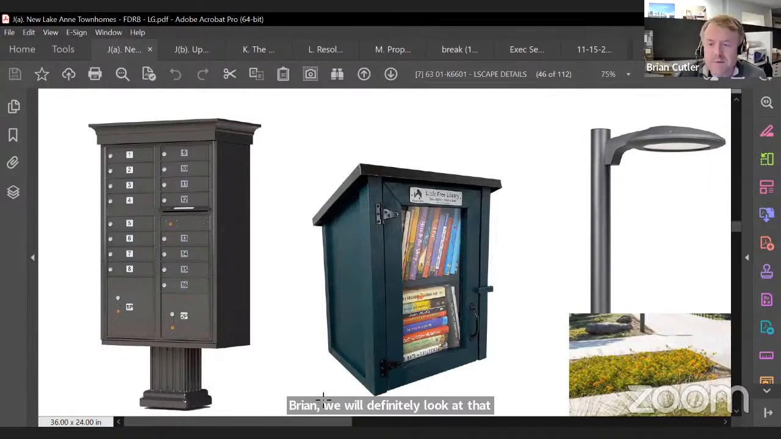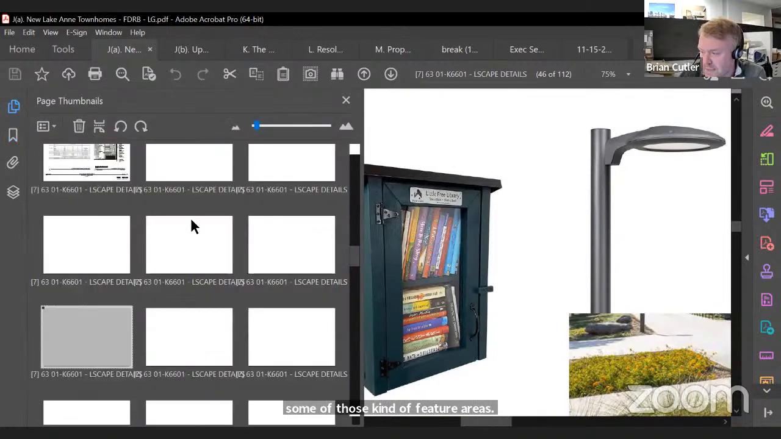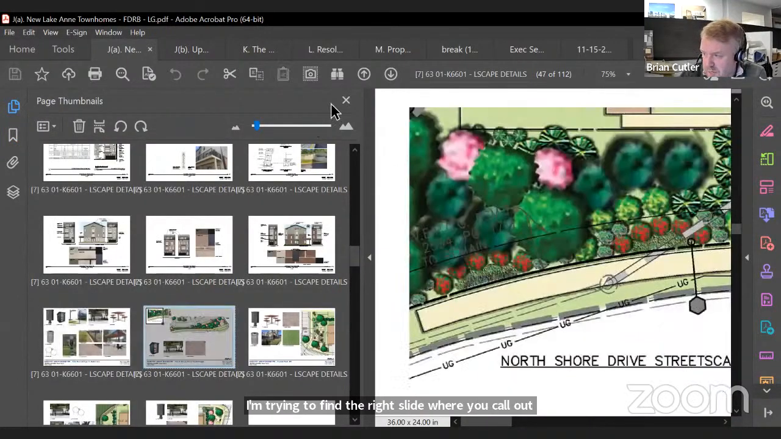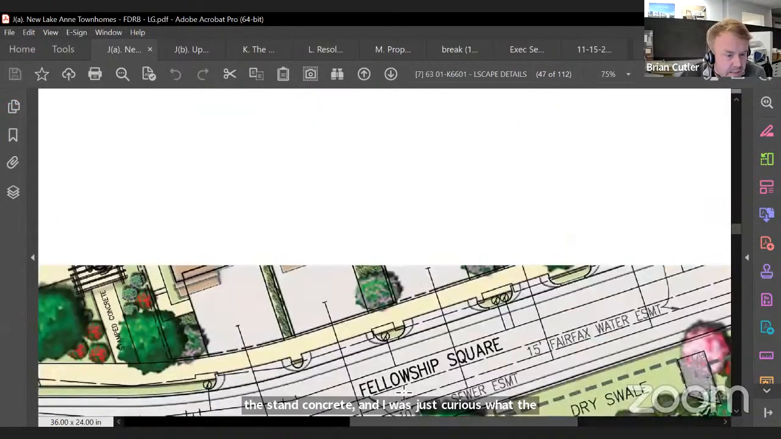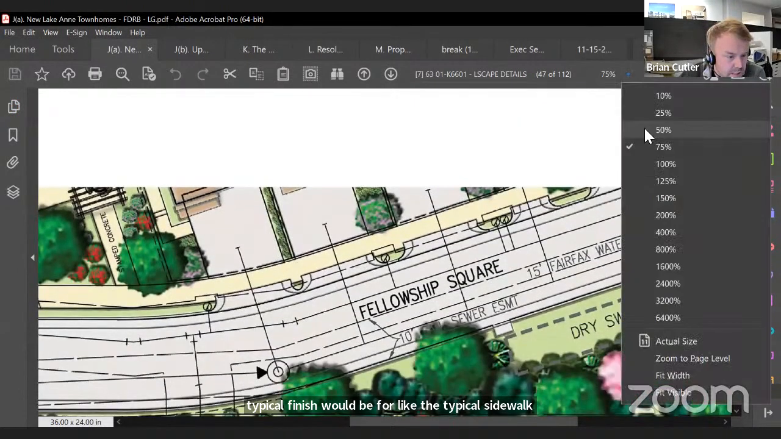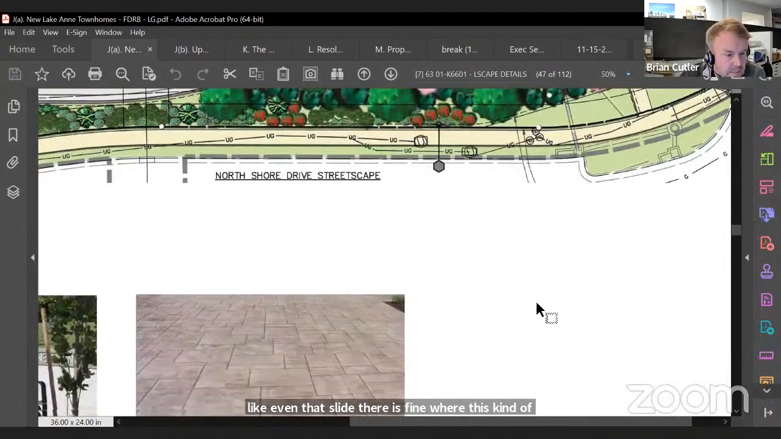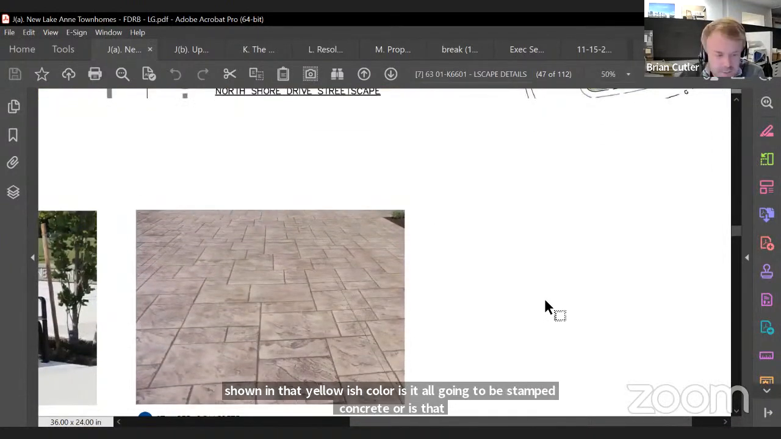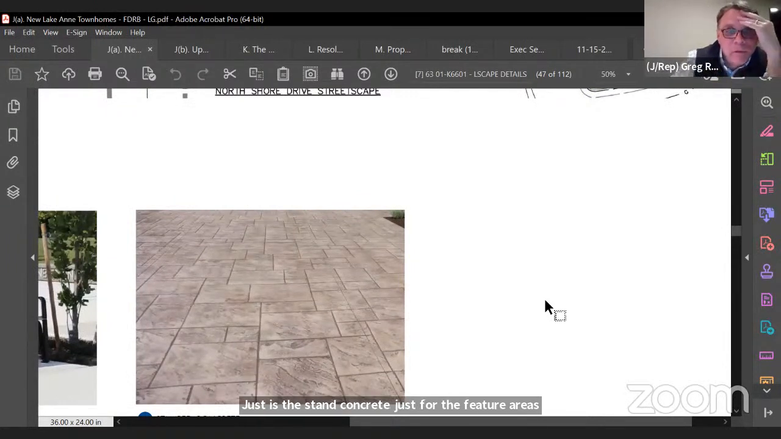Thank you. And then my final question would be, you went in detail on the arbor structure and some of those feature areas. I'm trying to find the right slide where you call out the stamped concrete. I was just curious what the typical finish would be for the typical sidewalk. Even that slide there is fine, but that's shown in that yellowish color. Is it all going to be stamped concrete, or is the stamped concrete just for the feature areas? It's just for the amenity areas, not on North Shore. If you just scroll up just a little bit, yeah,